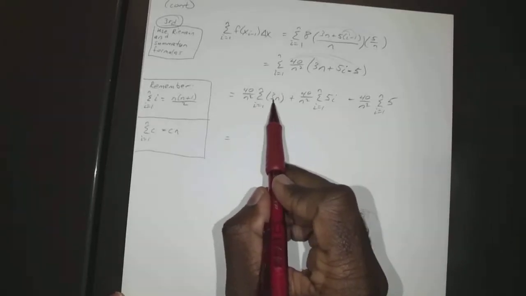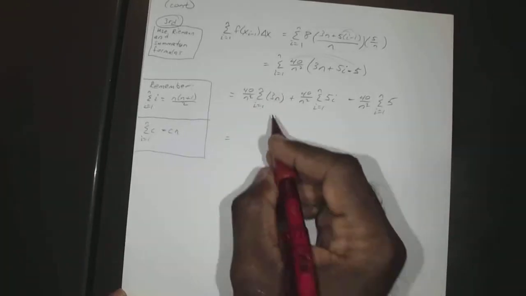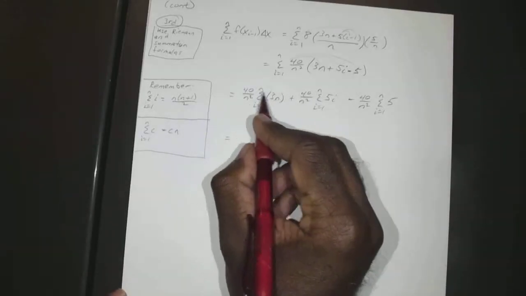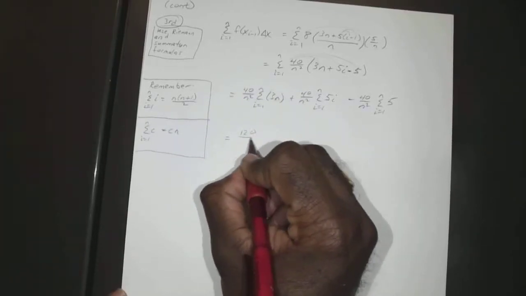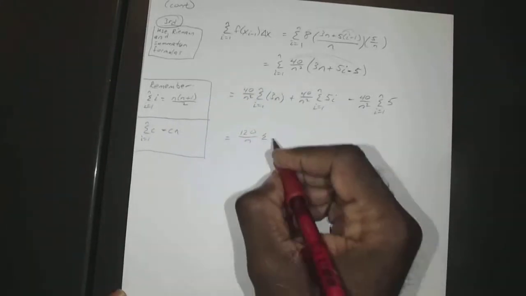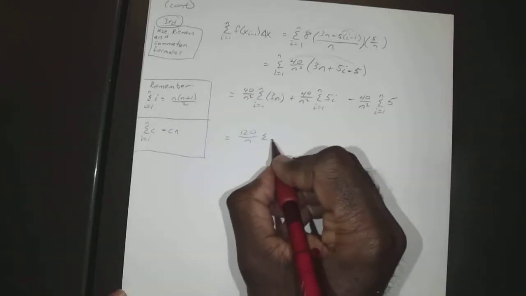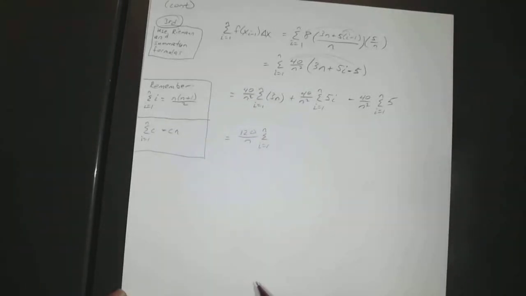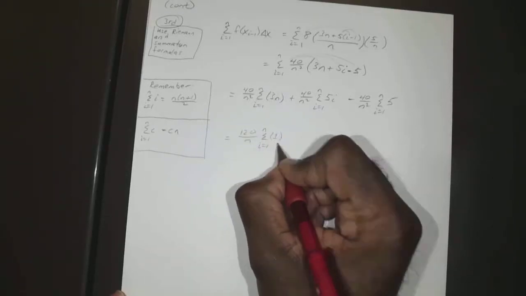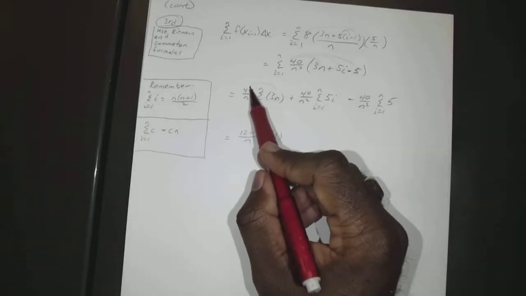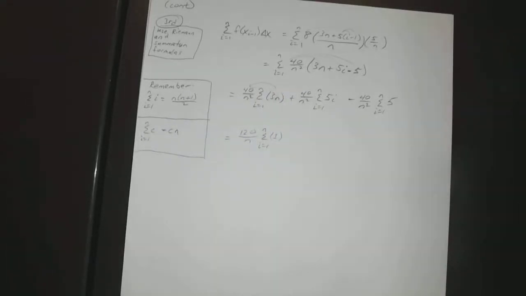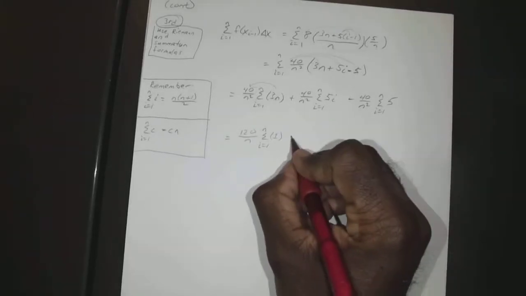Okay, so actually here we don't have any i's, so we can go ahead and bring that over. So this just becomes 120 over n times the sum of i equals 1 to n. You can leave that as just 1, because everything else just went right over there. And one of the n's canceled out. 40 times 3, 120. Okay, so plus